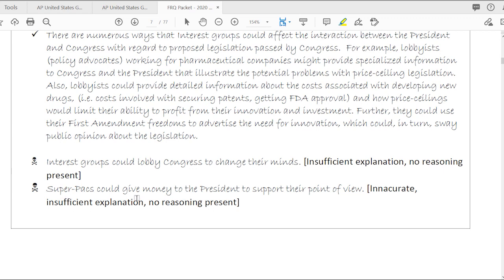And similarly, super PACs could give money to the president to support their point of view. Now, I know that we didn't get to super PACs, at least for second semester students. And again, that's inaccurate because, as you first semester students should all know, super PACs are absolutely prohibited from giving money to candidates. That is illegal under campaign finance law. If you're a second semester student, sorry, but that's